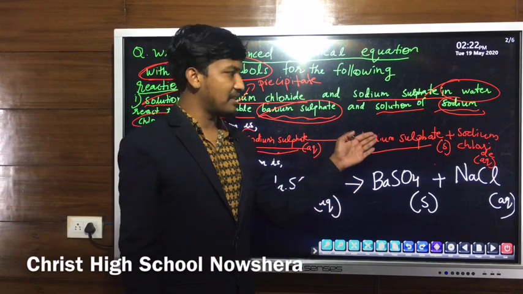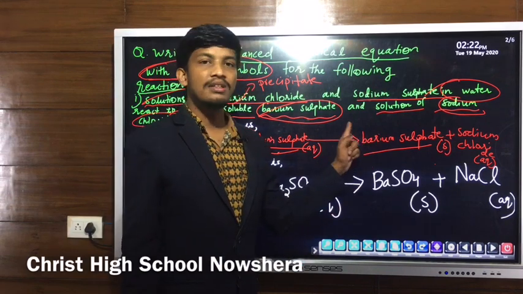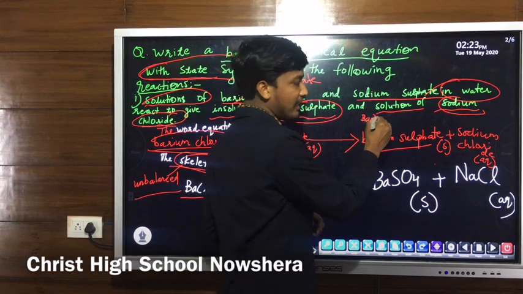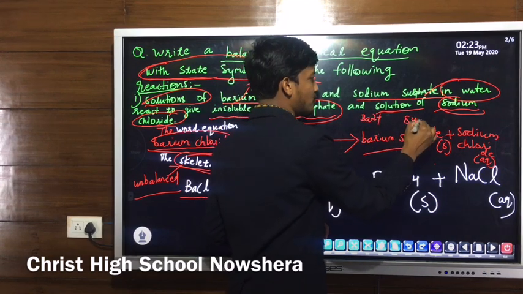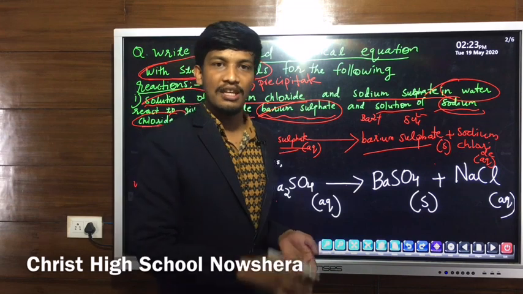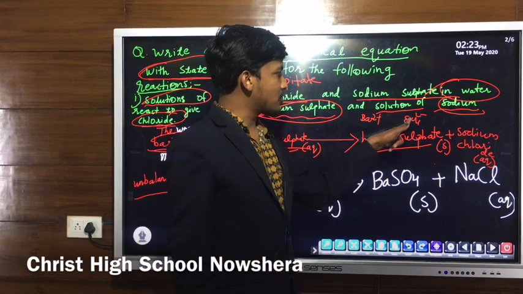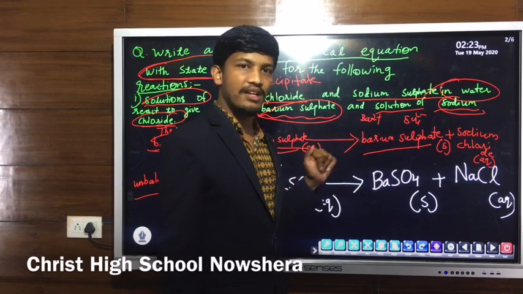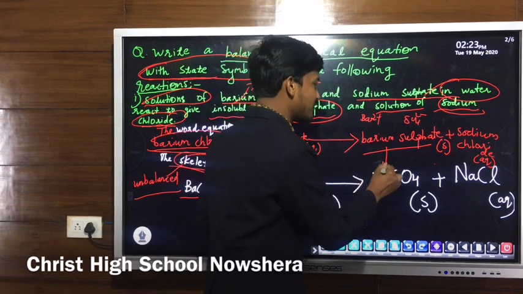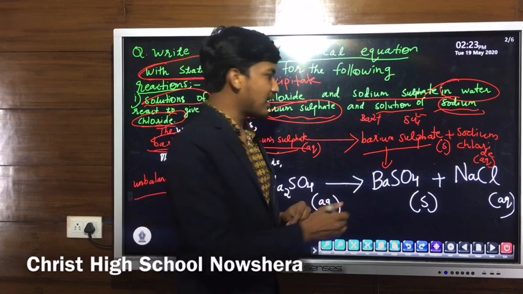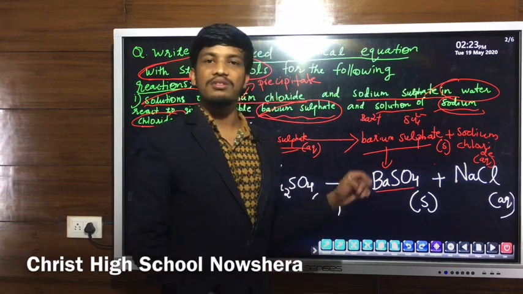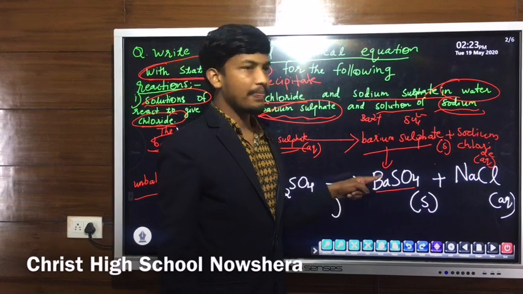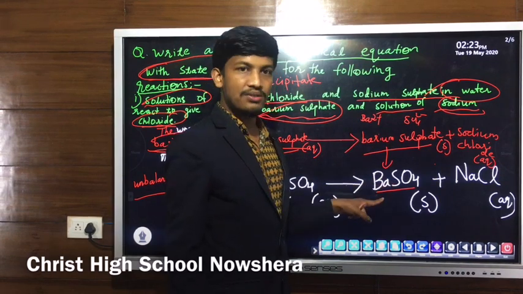Again, barium sulfate is an ionic compound. Barium cation, sulfate anion. Barium Ba2+, which we have learned today, and sulfate SO4 2-. Then use the same method of exchanging valencies. SO4 is polyatomic, so we have to write the brackets and exchange the valencies. And finally, we will get barium sulfate, its formula BaSO4. So use the exchanging of valencies, you will get the formula barium sulfate BaSO4.